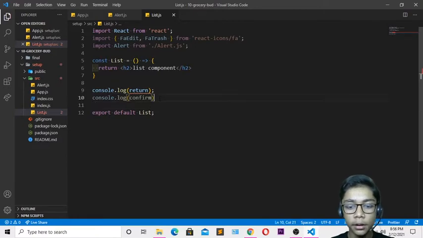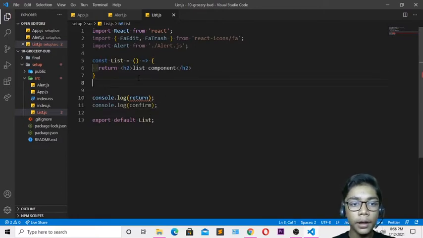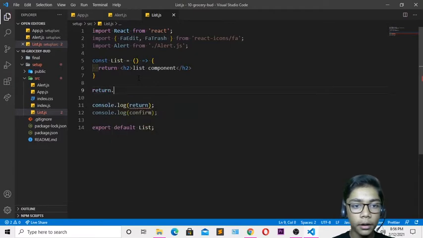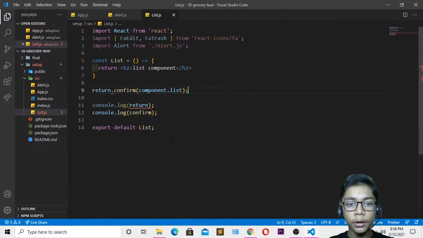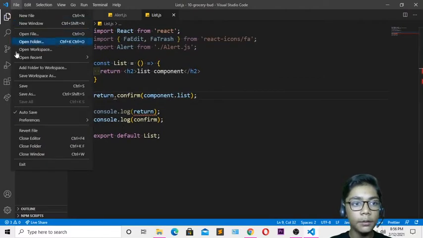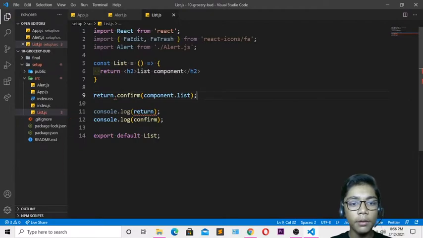When you define all these, you have to close that by writing this, and over here also I'll be closing. When you've done that, you have to come over here now and I'll be writing a return tag .confirm. Okay, so just come over here and write the confirm component, and I'll be writing list. So now we have defined that. I will be writing n over here. So now it is done. When you've done that, you have to close that again, hit save over here again, and you can see we have defined all these.